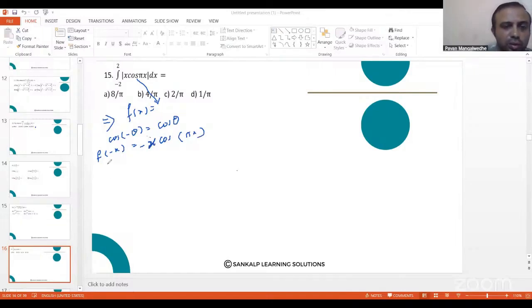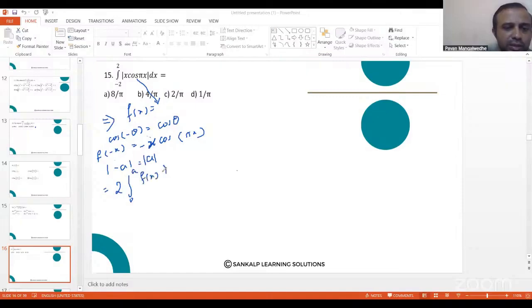So this whole operation is minus mod of a, which is a, or you can take it as minus mod a. So we can say that the f of x function is even. If you try to resolve this, you come to know that f of a function is an even function. So -2 to 2 can be written as 2 into the integral from 0 to a of f